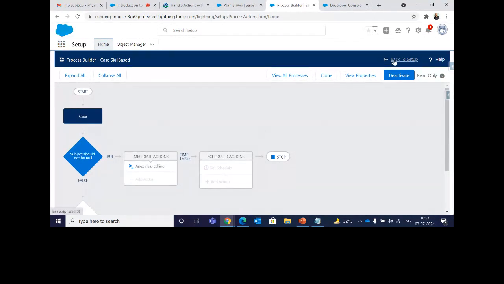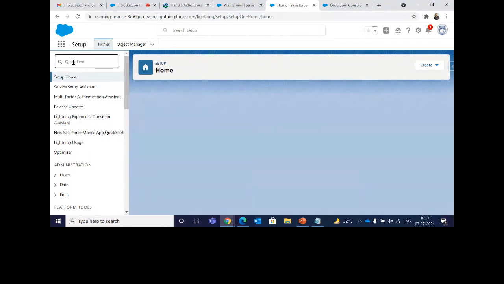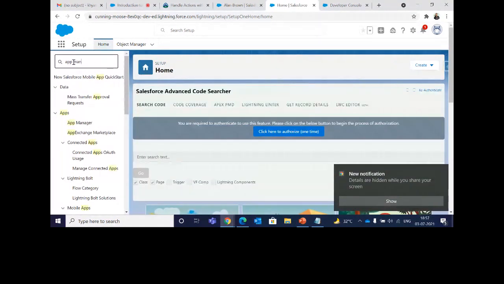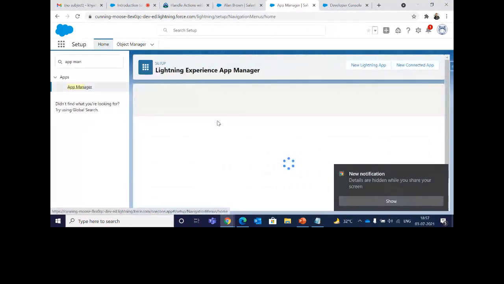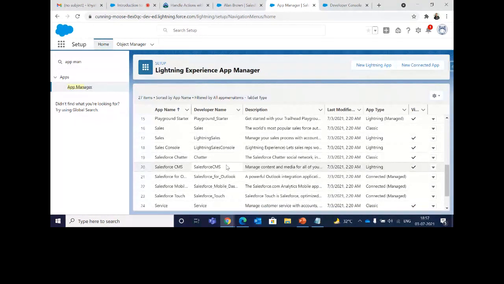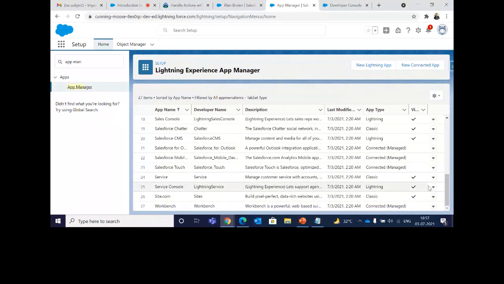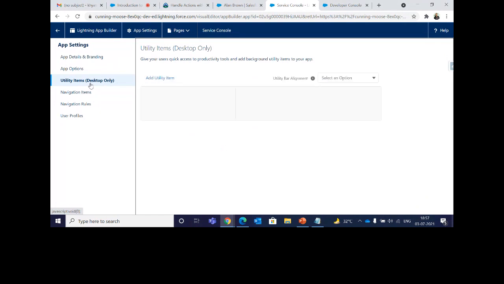Everything is done, but as usual, we haven't added our omni-channel utility in our app. As I have shown, this is a fresh org, so I need to add it again. Go to Service Console, click on Edit, the same as we did in queue-based routing.